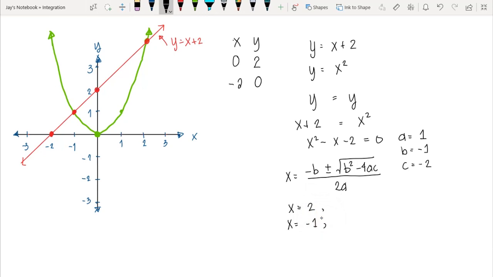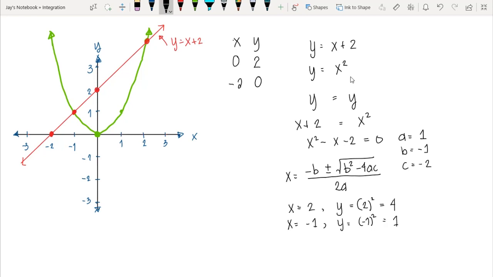So let's compute for the y when our x equals 2, using either of these equations, since again these are their common coordinates. So we can use this one or this one. But let's try to use the parabolic equation, y is equal to x squared. So we have the value here, that is 2 squared, this gives us 4. And for the second value of x, we have negative 1 squared,